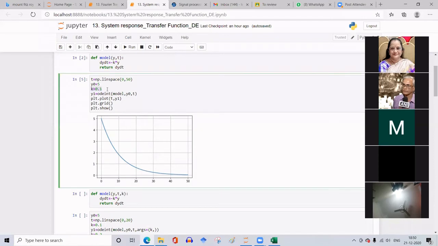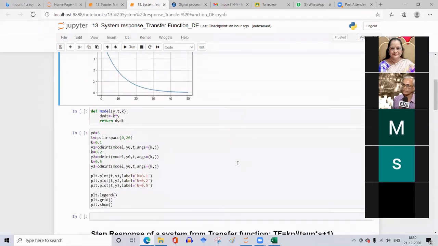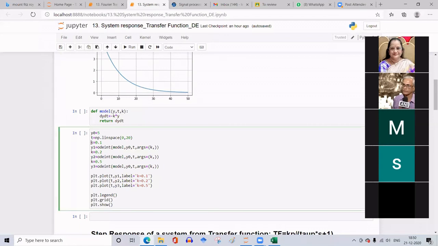Suppose I change this k value for 3 different k, how can we get the 3 curves with 3 different values of k? K is equal to 0.1, 0.2, and 0.3. So first time when I give k is equal to 0.1 and call this ODEINT using the same model here, I am representing the output that I get after returning from here as y1. After returning from here, the output I get is the solution of this dy by dt, which is the output y that I am assigning to y1.